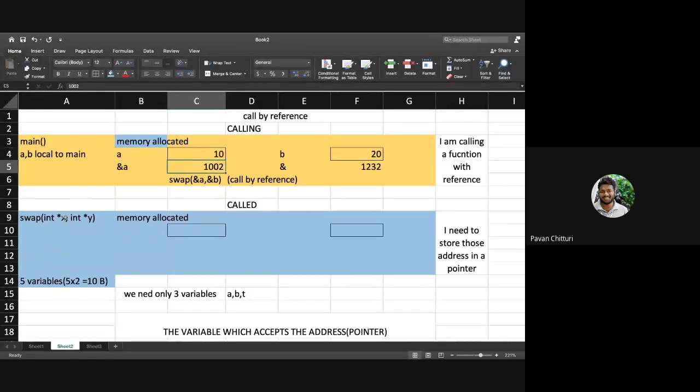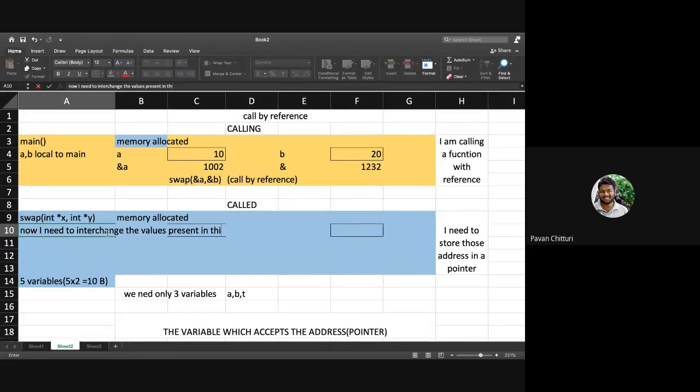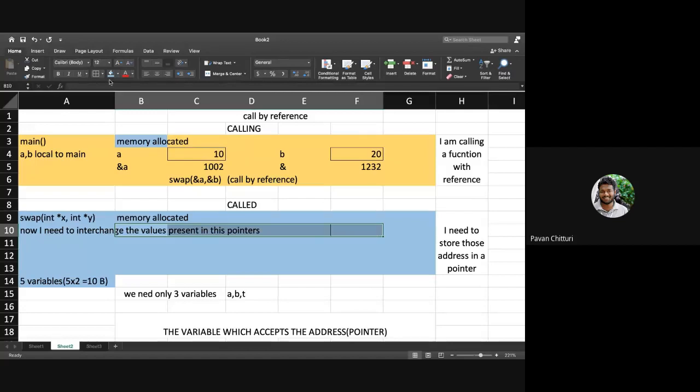I have 102 in this x variable, 1002 in this x variable, and 1232 in variable y. Now I need to interchange the values present in these pointers.